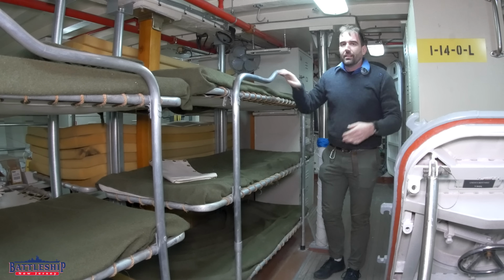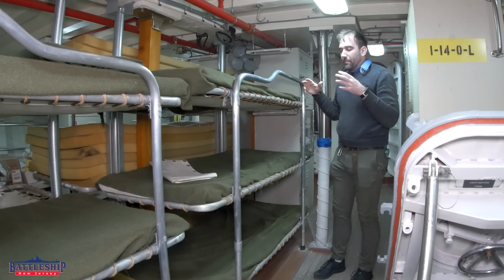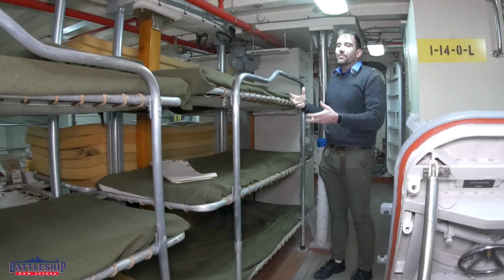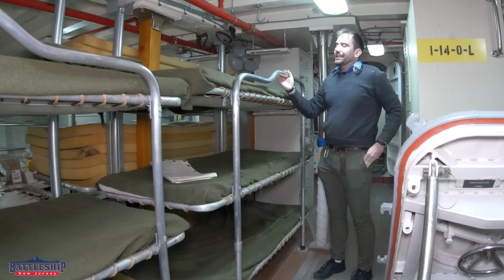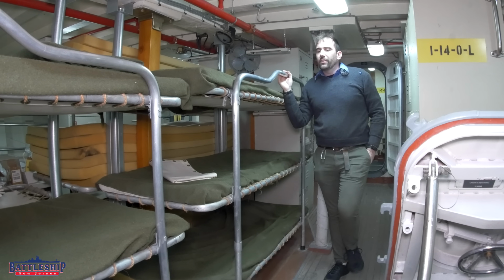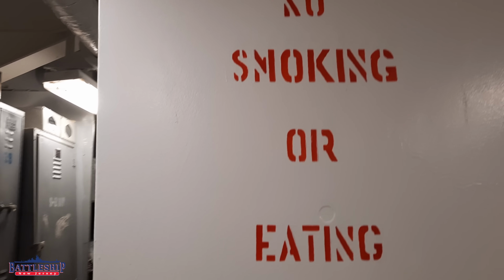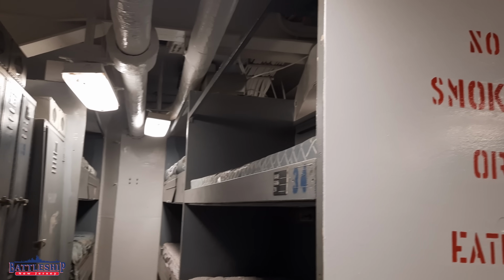So, the actual point of this video: Lucid did not have any of her original racks, so they chose to make them up like this. At the end of her career, she would have had coffin racks like New Jersey had. This is what she would have had as built, and these are the cool ones